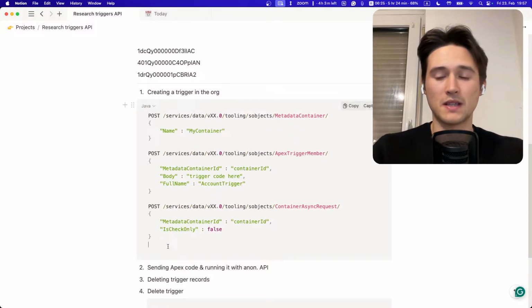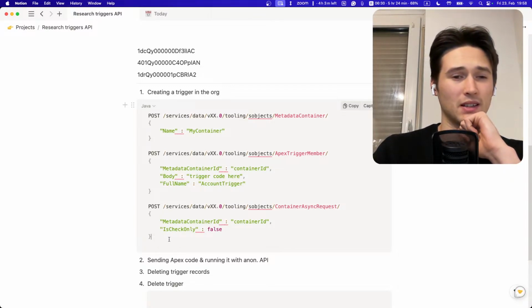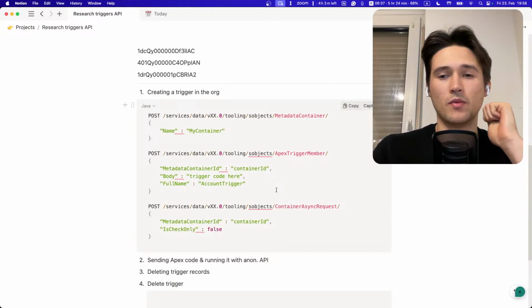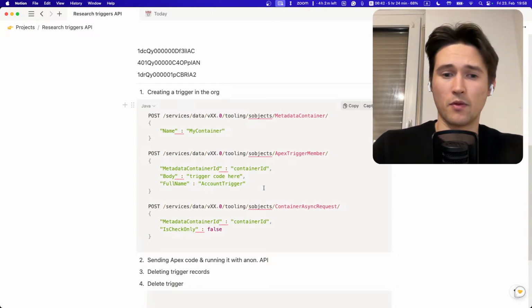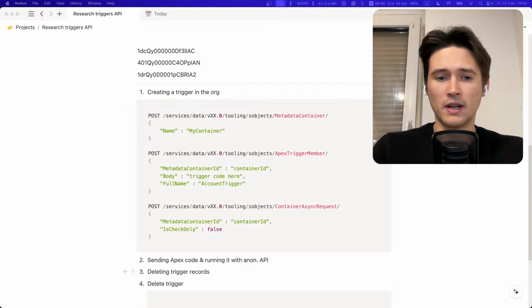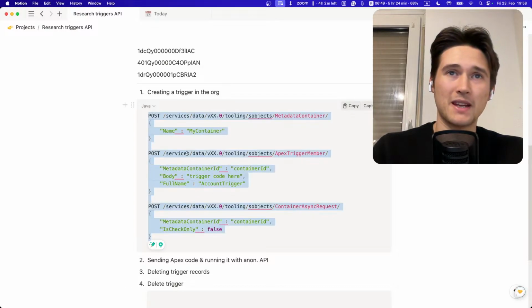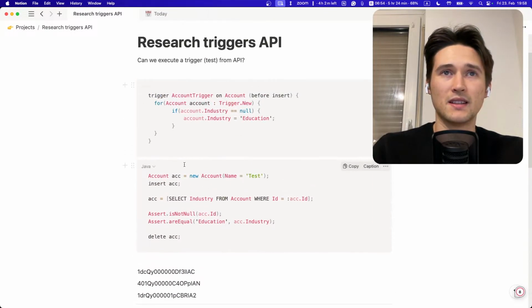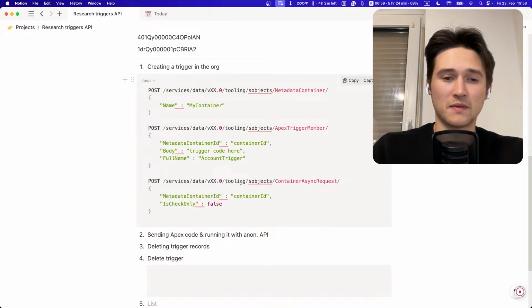Basically you need to do 3 steps to insert the trigger, which is a little bit annoying, because the more steps you need, the more API calls you use, and the more time it takes to check the solution. The user will be waiting until we make all of these 3 calls, and then we're still going to be sending the code there. See, it kind of sucks. But anyway,